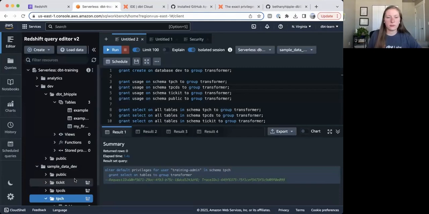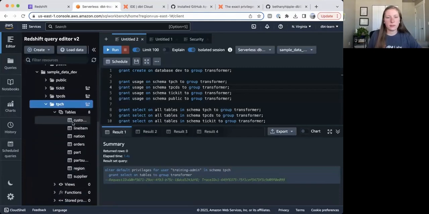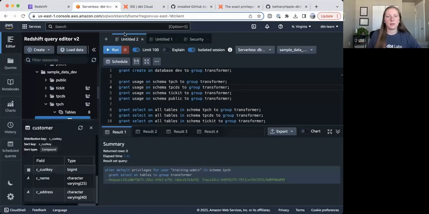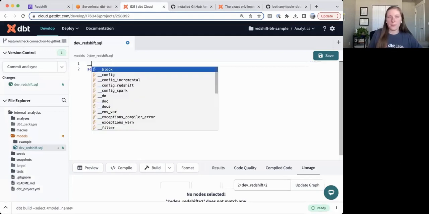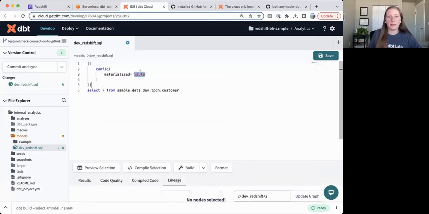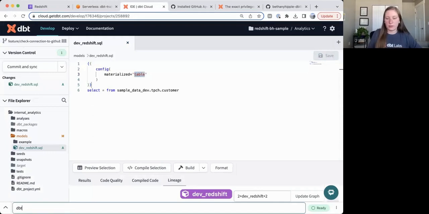tpch tables, and it is singular. We'll make sure that that is just customer. I want to make this a table also, so I'll go ahead and add a config block here to make this into a table. We'll save that, and let's go ahead and do a dbt run,